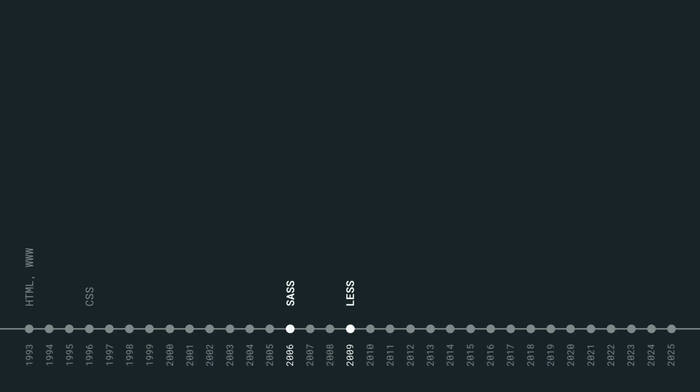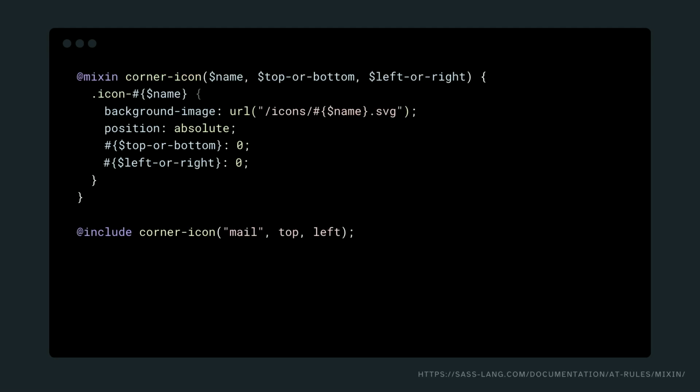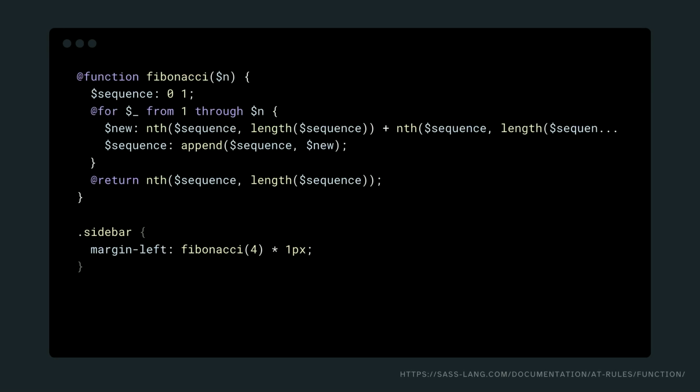So mid and late 2000s, the most popular ones were probably Sass and Less. And preprocessors gave us a lot of really good functionality. They gave us things like variables, which is critical if you build design systems at any scale, really. They gave us cool things like nested selectors, so reducing the boilerplate that it takes to write CSS. They gave us mixins, they gave us functions, all of these nice things that help the developer experience writing or